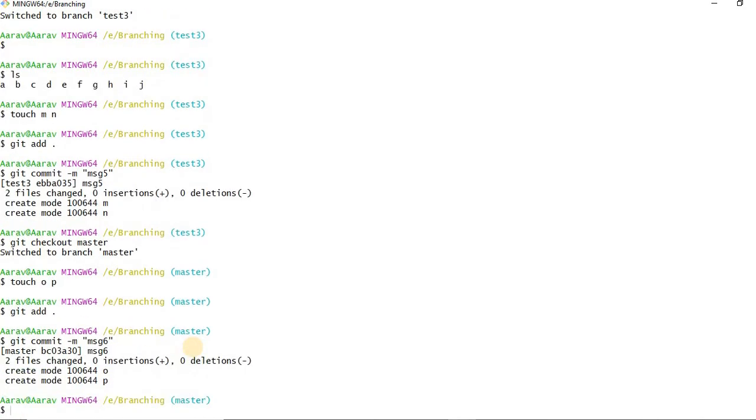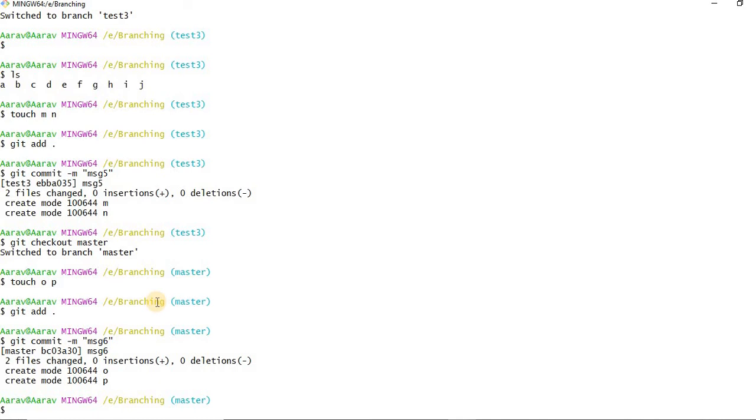Now if I do git merge again, even though I created message 5 first and message 6 is the latest commit, it will depend on timestamp. Message 5 was committed first, and message 6 is the recent one.